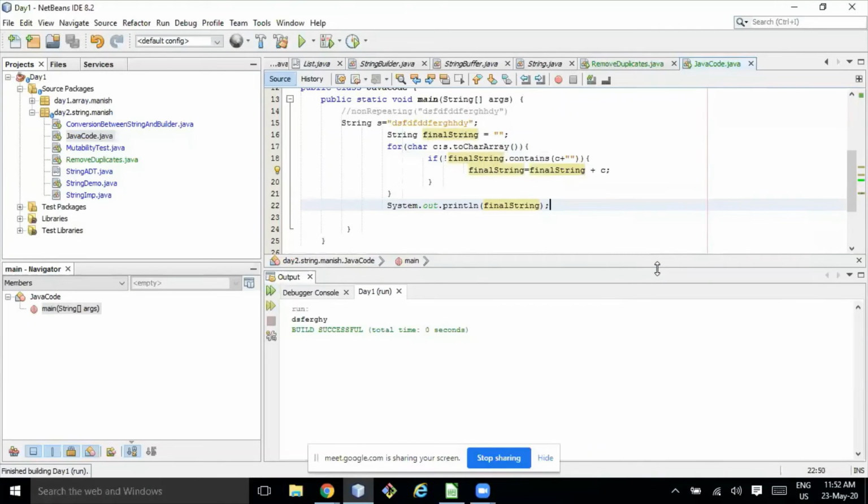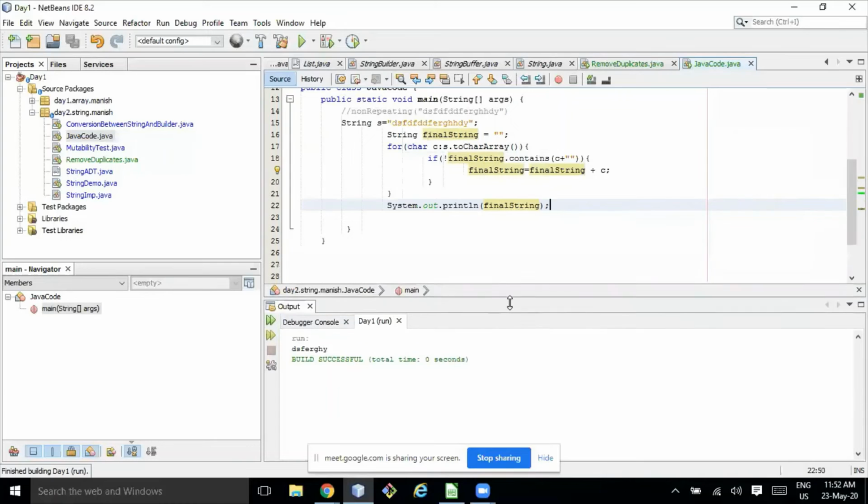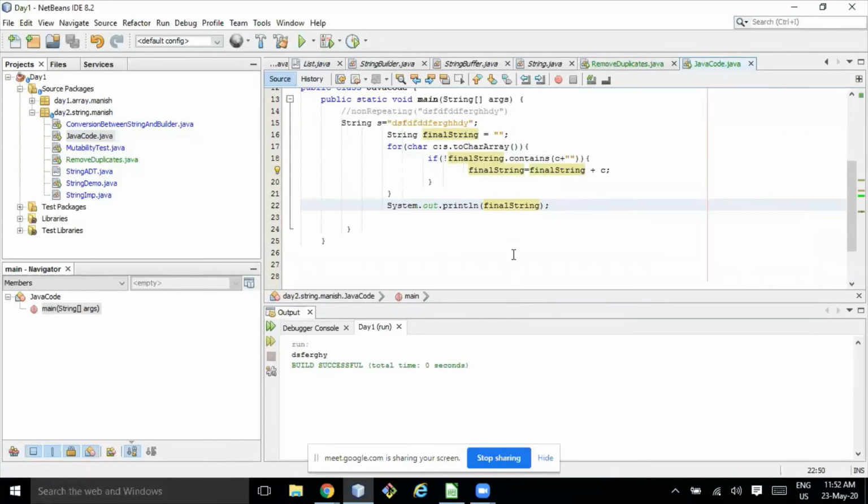DSFERGHY, but D is also coming, right? It's not working because he's trying to print all characters only once. That's what he is trying to do. Yeah, this will not work.